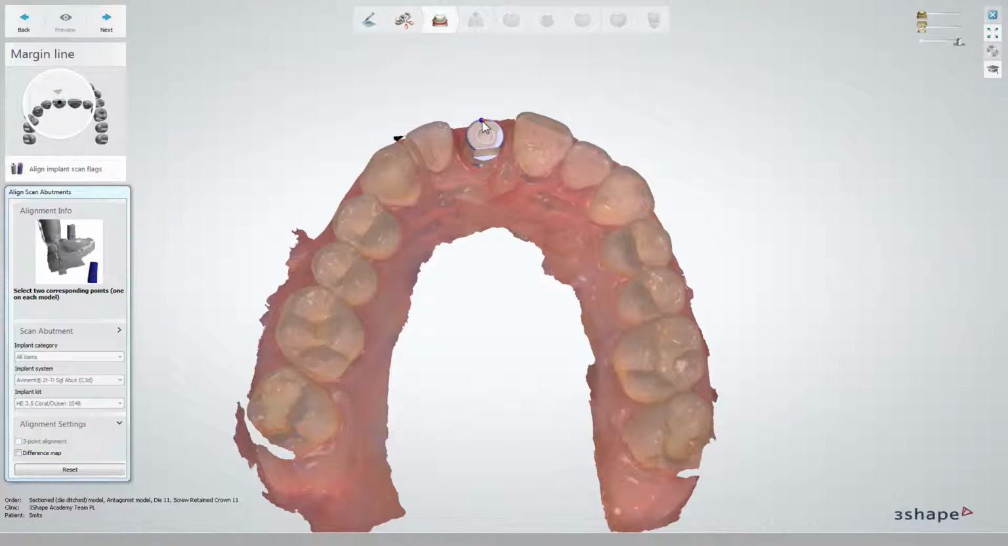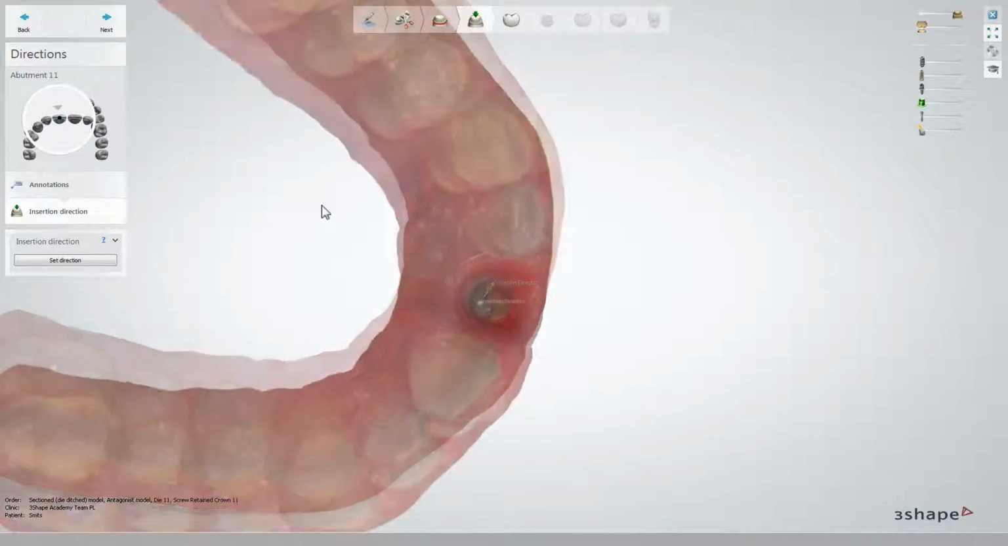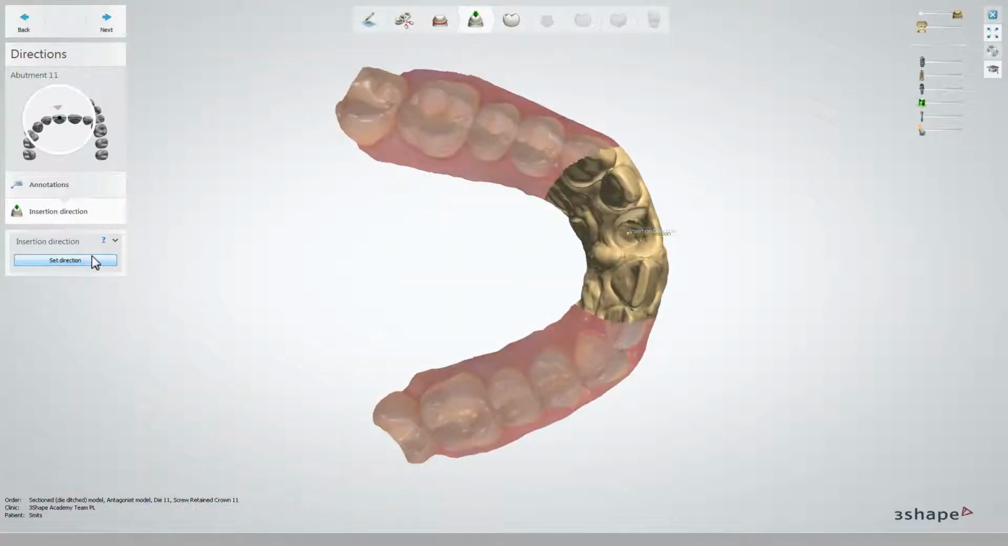When alignment is successful, click Next to get to the Direction step. You cannot change the implant direction, but you can change the insertion direction for the future restoration. Position the scan in the Design window to obtain the desired insertion direction. The insertion direction step is not that important in the case of a screw-retained crown, as it is in the case of a customized abutment, when there is a restoration placed over the abutment. When the desired position is found, click the Set Direction button to save its position and click Next to continue